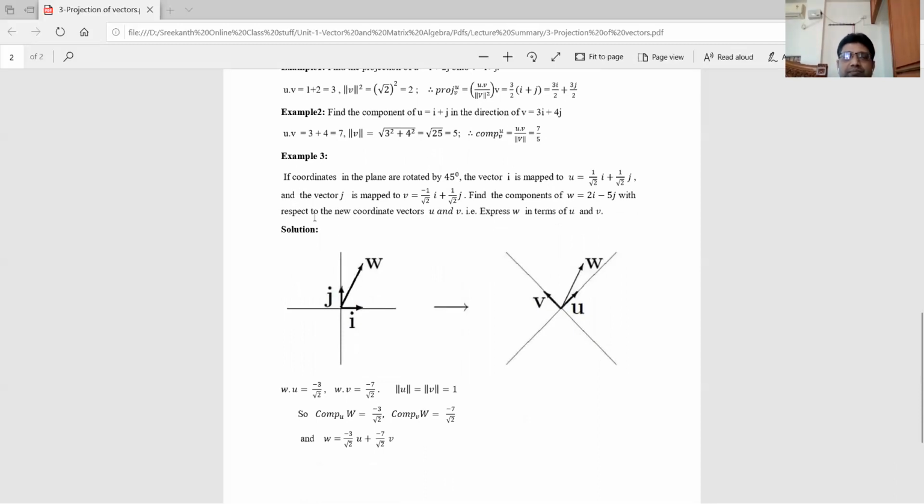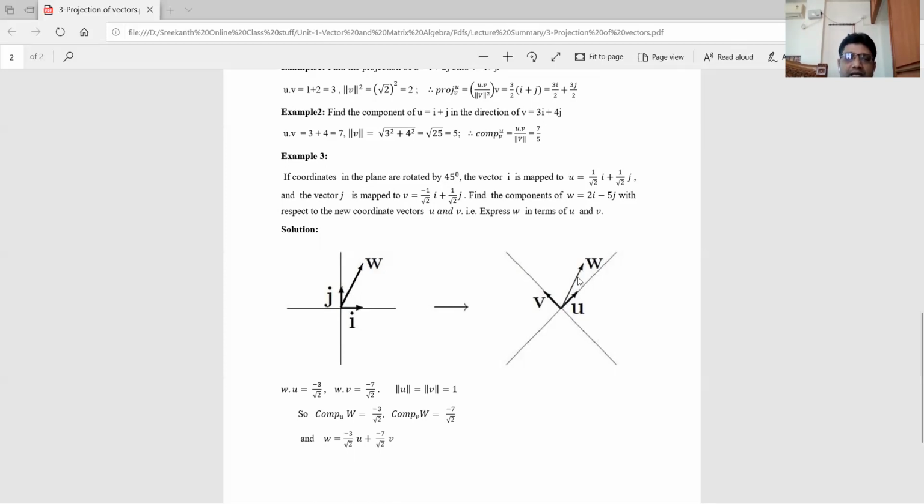Example number 3. If coordinates in the plane are rotated by 45 degrees. So initially i bar is like this, j bar is like this. Now the coordinates in the plane are rotated by 45 degrees. So when it is rotated by 45 degrees, the vector i is mapped like this, u, and the vector j is mapped like this, v bar. So what are u bar and v bar? Because they are rotated 45 degrees, what you will get is